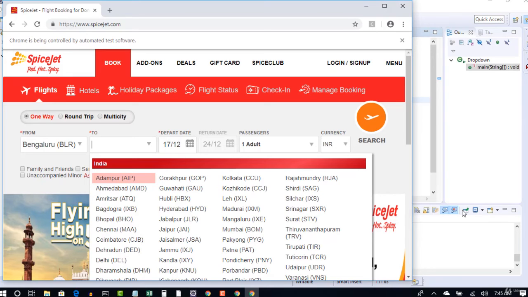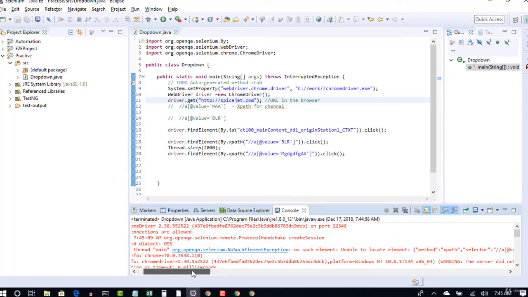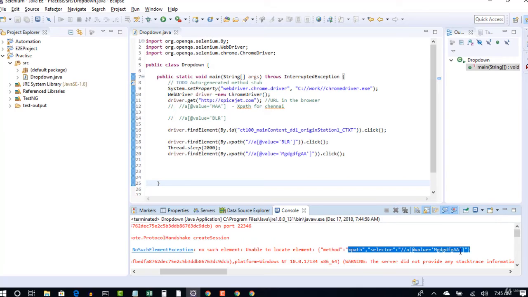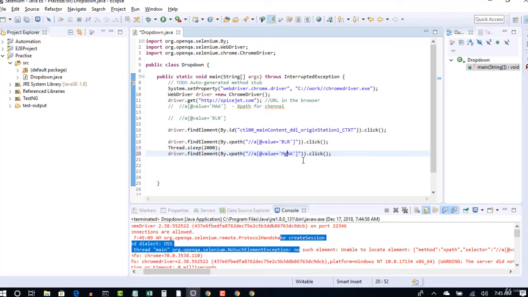Now the test is failed. And now you see, read this error message again. Unable to locate element, no such element. It clearly says that the element itself is not present. The XPath you gave is not present on the screen. When you see this kind of error, that means your XPath is wrong. But earlier your XPath was correct, only the element was not in a visible mode. When you see that, the only thing that should strike your mind is index.